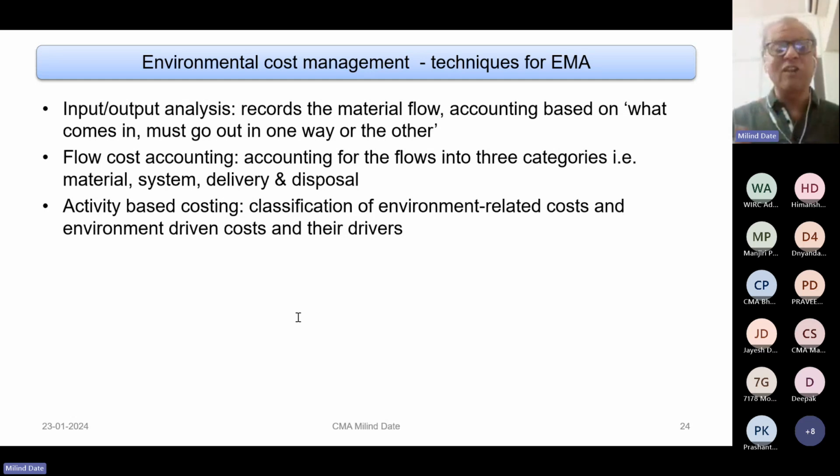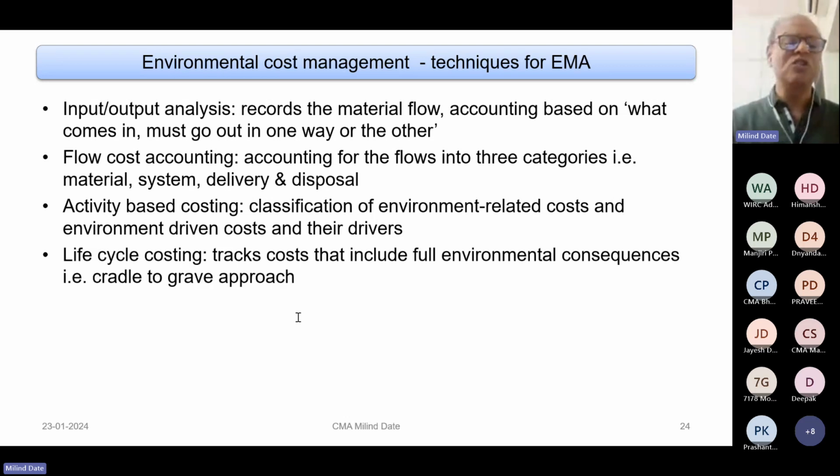triggered or influenced by external factors, such as laws and statutes, regulations, compliances related to that. So generally these three methods are used. Additional methods may emerge in future, no doubt about it. So of course, as I said, you can use it along with activity-based costing. You could also use it with life cycle costing.